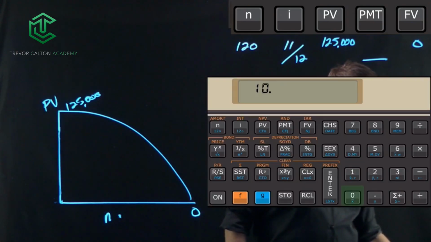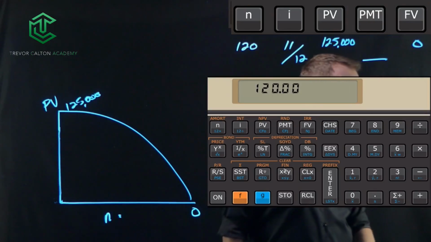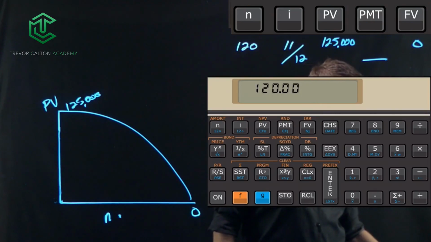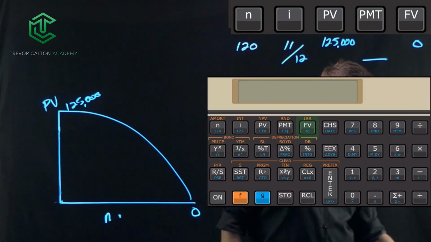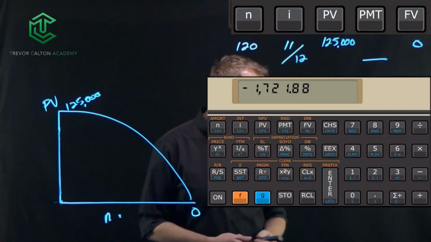So we have a 10-year loan, and we're going to use the G key to enter that as N. It'll automatically multiply it by 12 to give us 120 months. We've got an 11% interest rate. We're also going to use the G key for that to do the divide by 12. Enter that as I, so 11 GI. And then we have $125,000 as our loan amount, and that's the present value. We're going to set our future value to 0, fully amortizing payment, and then solve for PMT, which gives us